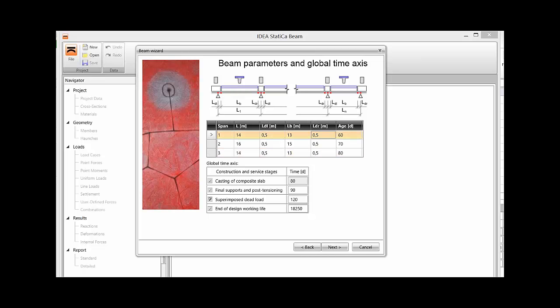I'm happy with the input, and the equivalent age of the prefabricated beam at the moment when the slab is cast is 60, 70 and 80 days, for example. It could be the same age, but if I really want to analyze the effect of this different age, I can make it different. This 80 is taken from this input data, but we can add some additional